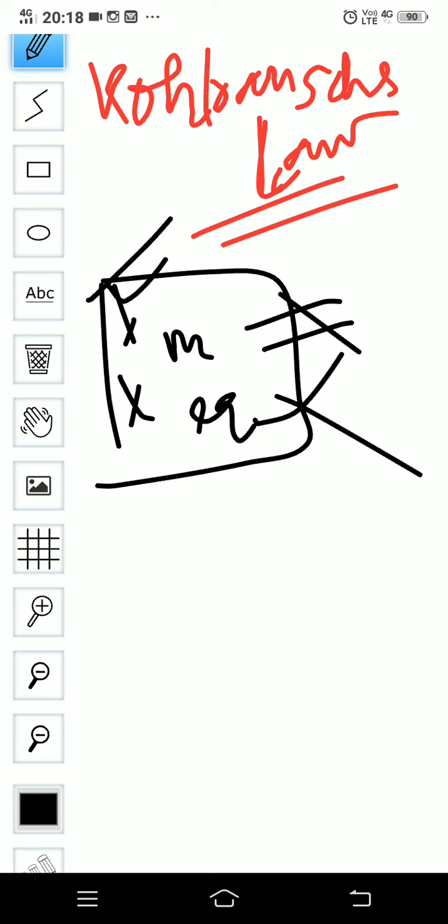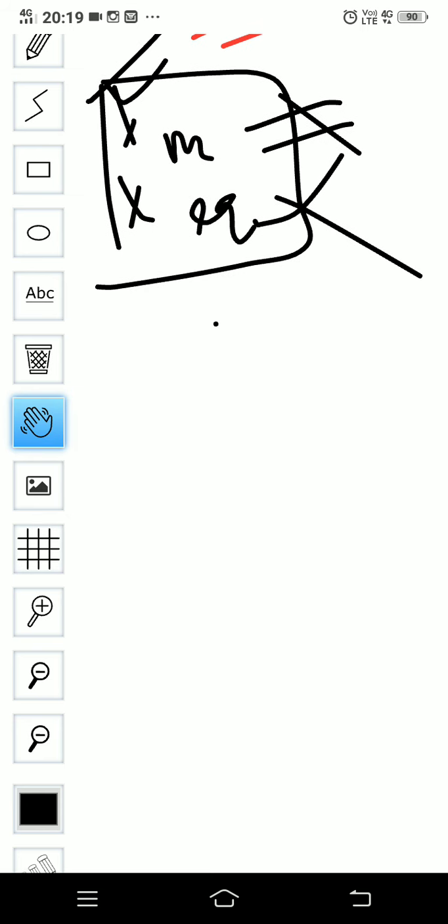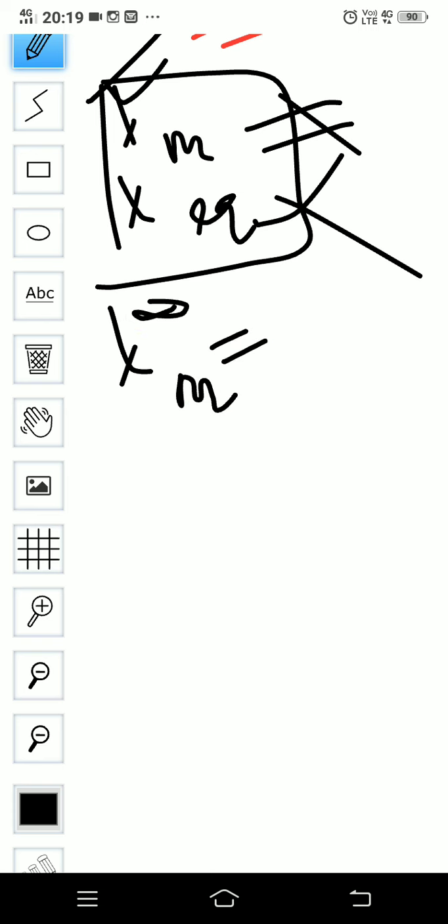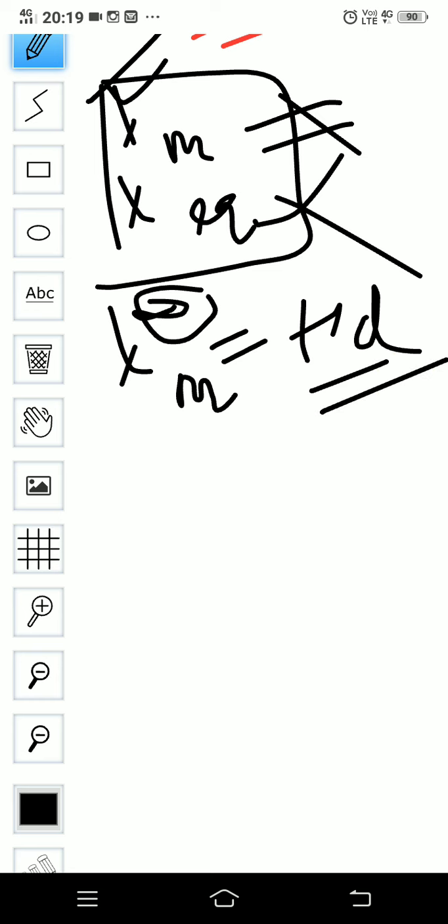Before we start, I'm giving you a basic example. If I take the example of HCl, I have to find the infinite dilution. What does this sign mean? Lambda m, we all know, is the molar conductivity. But since it has this infinite sign, that means the molar conductivity of the electrolyte, this HCl electrolyte, at infinite dilution. So we have to find the molar conductivity of HCl at infinite dilution.